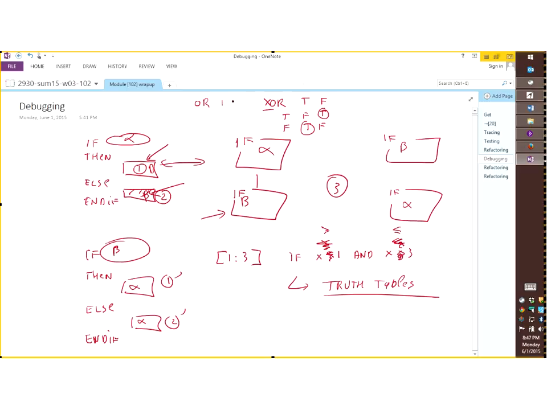Okay, so that's the difference with the OR table, which I'm going to draw real quick here. The OR truth table says that if one of them is true, no matter which one, then you have a true. Otherwise, you have a false. Okay, you can see the difference between the 2. Okay, so write down on a piece of paper, all exams and quizzes are open book, so just organize your notes. Make sure that you have the truth table for the AND operator, the OR operator, and keep the XOR somewhere just in case it pops up in a quiz or exam.